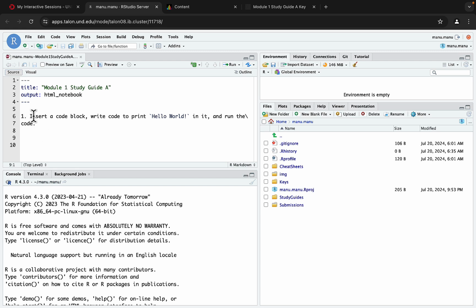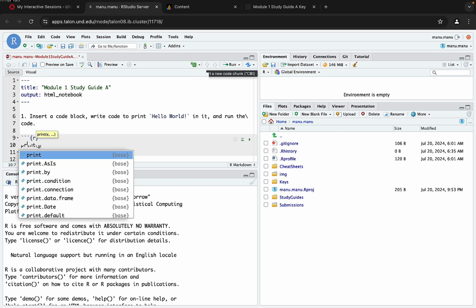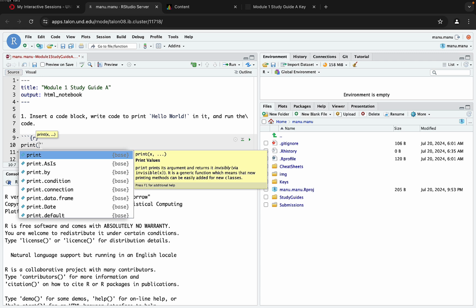So for example, in this case we could have text which says insert a code block, write code to print hello world in it and run the code. Now I can insert a code block with this menu, which inserts what are known as code chunks, and I can click on the C and choose R, and it inserts a code chunk. And in this code chunk I can type some R code. So for example, we could say print hello world,